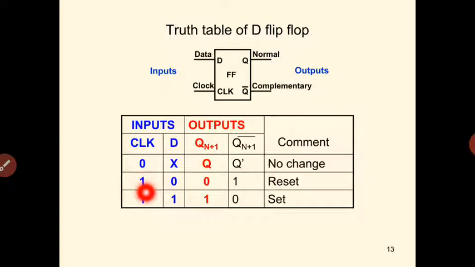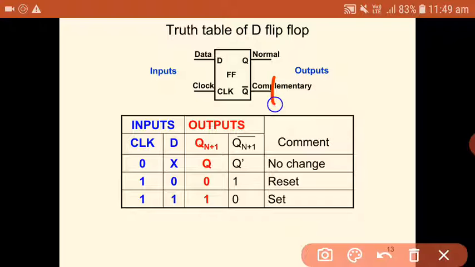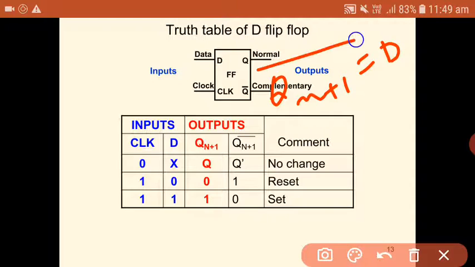And when clock is equal to 1, then the present output depends upon the inputs. If you observe, whenever clock is equal to 1, the present output depends only on the present inputs. The present output doesn't depend upon previous outputs. Remember this, in the case of D flip-flop, the present output only depends upon the present inputs and it does not depend upon the previous output. That's why Qn+1 is equal to D only. It is not a function of Qn, which is nothing but the previous output.